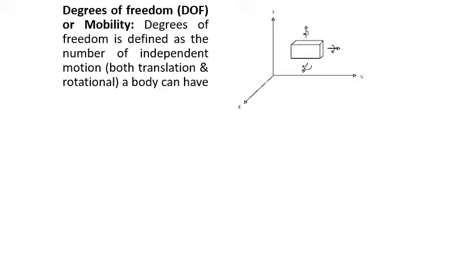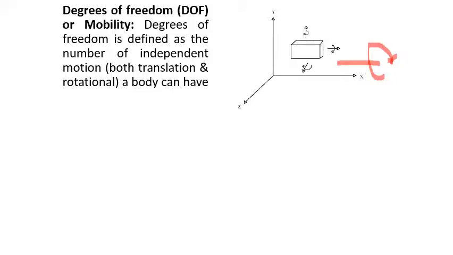So usually we classify the motions into two important types, right? One is translation motion, another one is rotational motion. If we take the example of this cube, this cube can easily slide along the x-axis. In this direction it can easily slide, right? And the same cube can easily rotate along the same axis, correct, the x-axis.